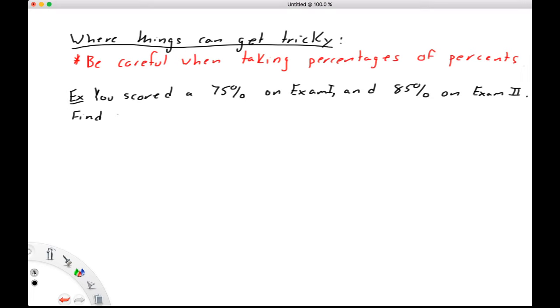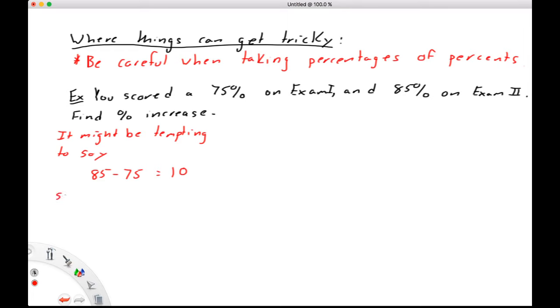We want to find the percent increase of your scores. In a case like this, it might be really tempting to say that because 85 and 75 are only off by 10, you have a 10% increase,